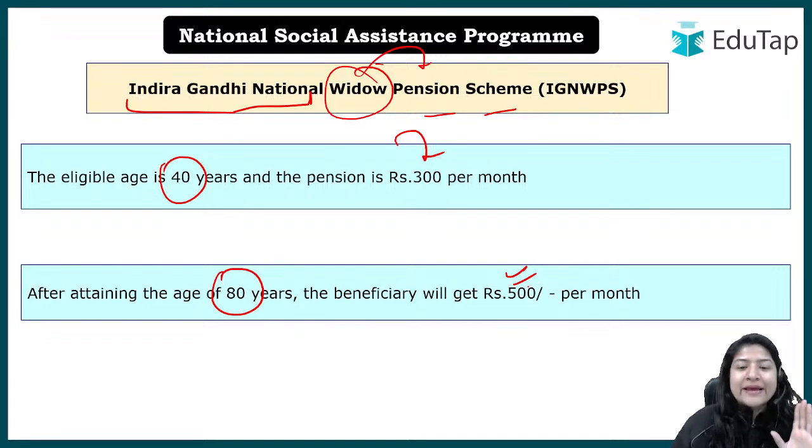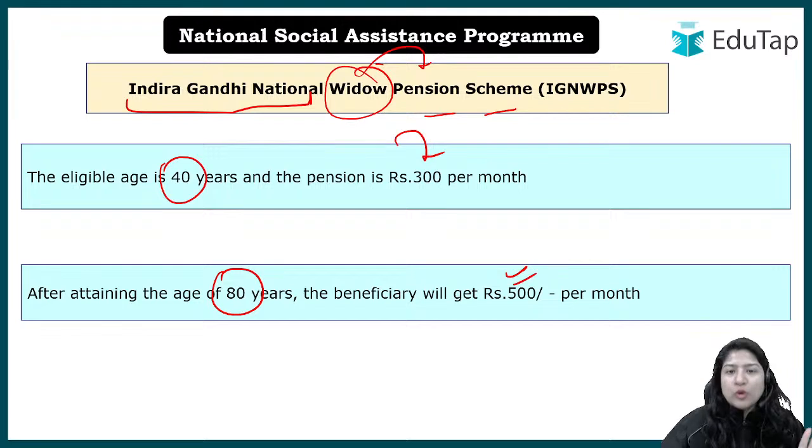I can understand it might be confusing. Let's just understand, in both the cases for 80 and above it is 500 only. So that is one task you don't have to do now. In both the cases 80 and above, 500. The upper limit we know is till 79 years, but the lower limit is different. For old age it is easier to keep in mind: for old age it is 60 years, for widow it is 40 years. Now in the first case, old age pension, it was 200 per month. Here we have 300 per month. That is the difference.